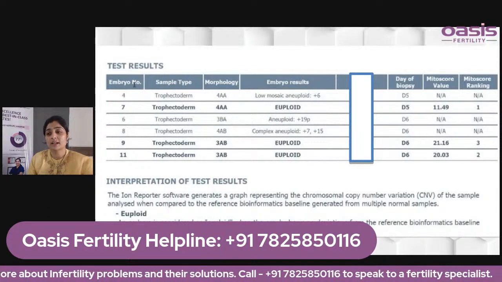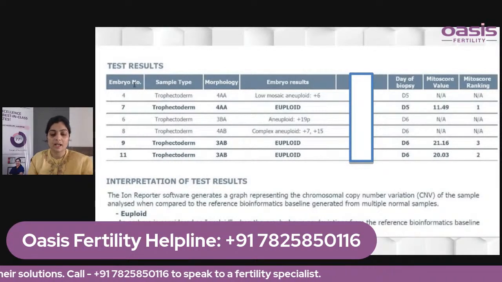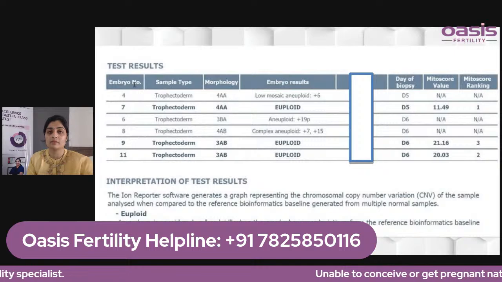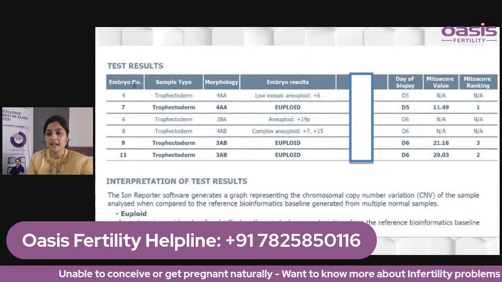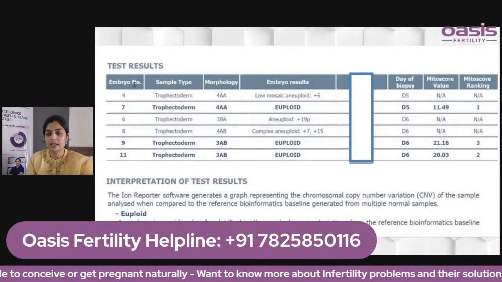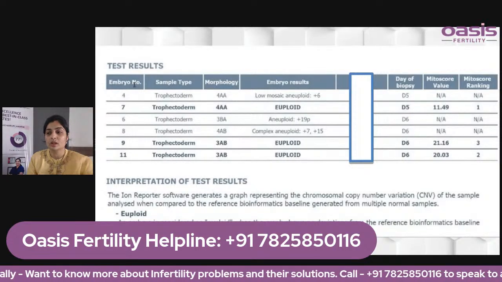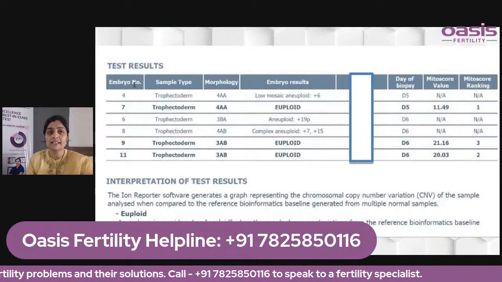The next doubt arises in interpretation of the results. See, as fertility specialists, we are aware of the results and how to analyze them. But when you see the report, even you will be anxious. What is happening in this report? There are so many things indicated. So what exactly is this? This is the embryo number, and this is the grading of the embryos. So here comes the role of grading. What exactly is this grading?